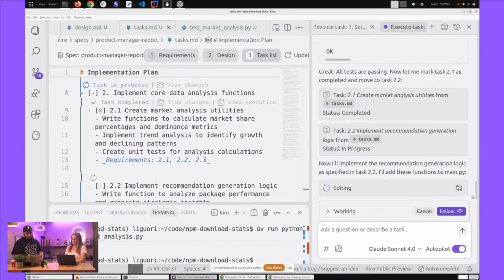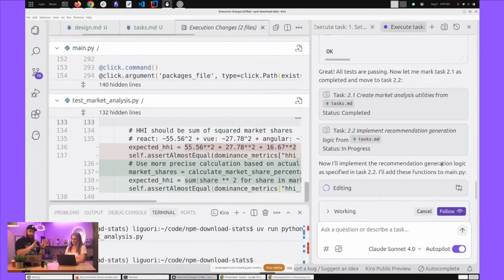No, but okay, so it's doing all of these tasks, and now you can hit the follow button here. So the little purple button, follow, and when you hit that, it's going to actually show you what code is being changed. It has a dedicated tab with all of the files, or actually all of the lines in a file that are being modified in this case. You see test market analysis dot py, there's a bunch of stuff being added here, a bunch of stuff being removed. So if you want it a little bit more down to earth, closer to the actual changes happening, you can just see it happening in real time. Which I do love a lot.